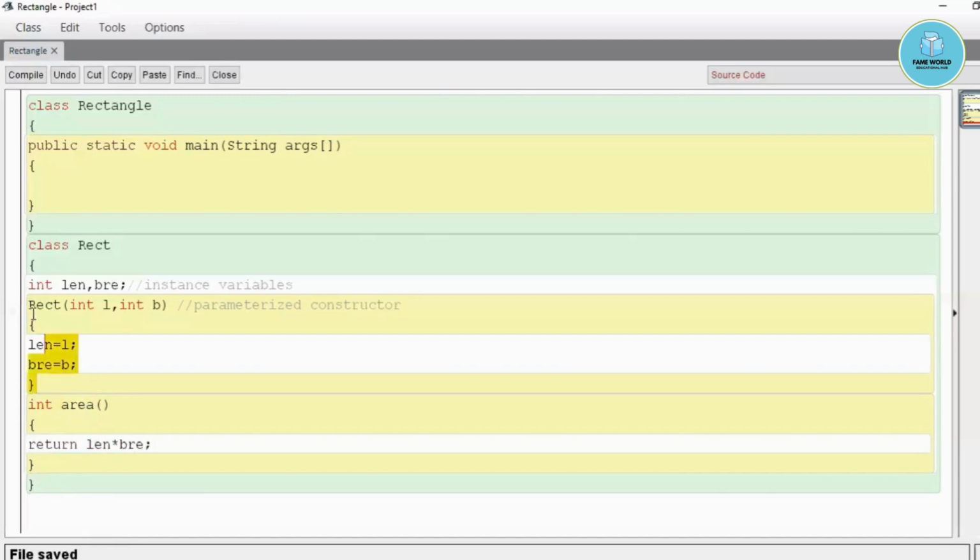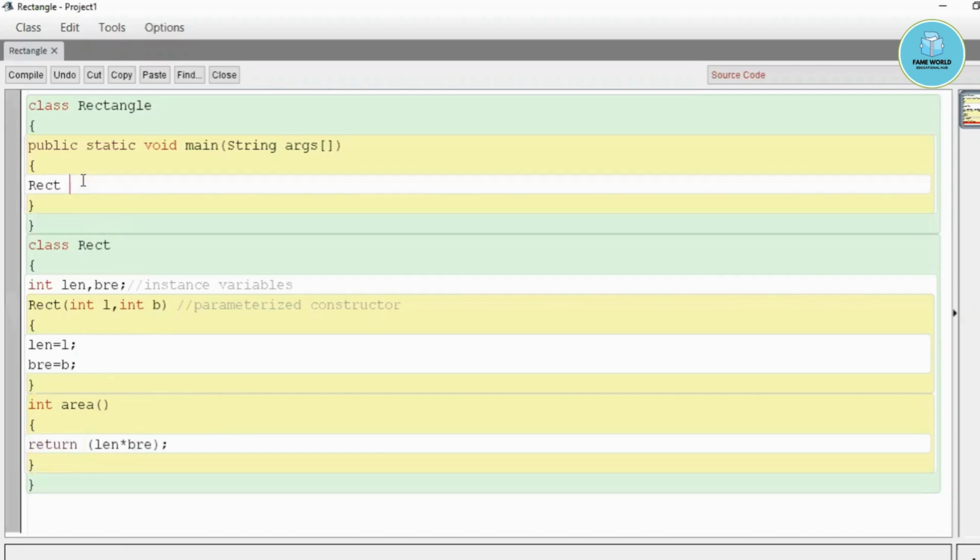Now you can see this length and breadth are available in this particular class, and inside this class we are having the values of length and breadth, and also the method is in the same class. Because all these things are in the same class, the values of length and breadth can be accessed here properly without any problem. This return keyword is used whenever we are having some return type here. I have not taken any local variable here, like in the previous example, where I already told you about the local variable.